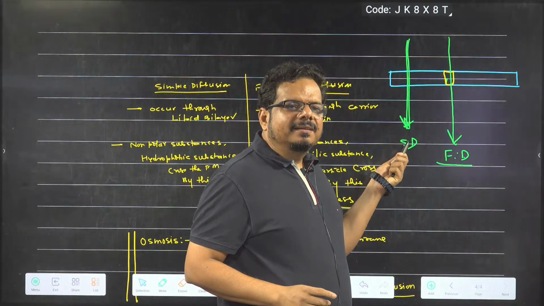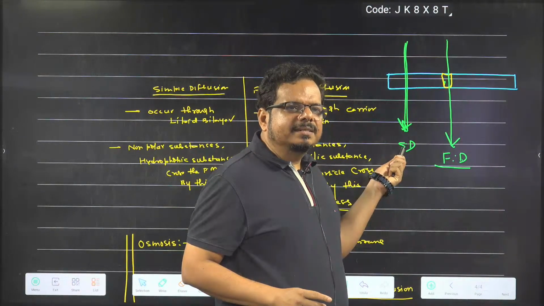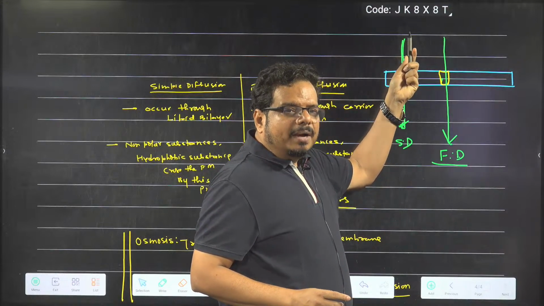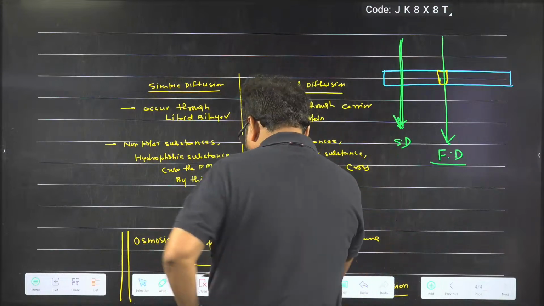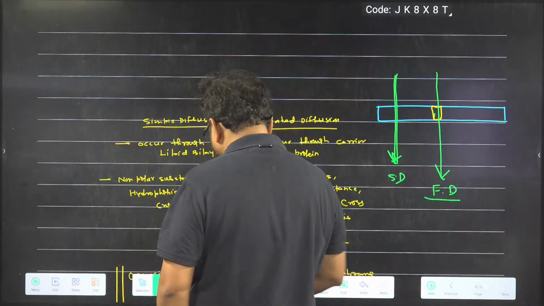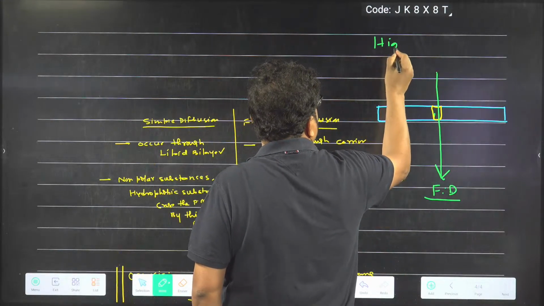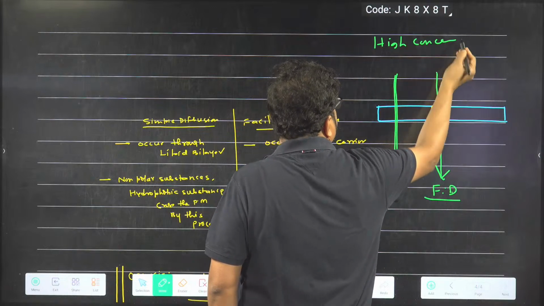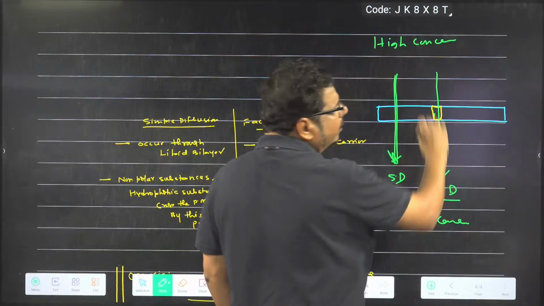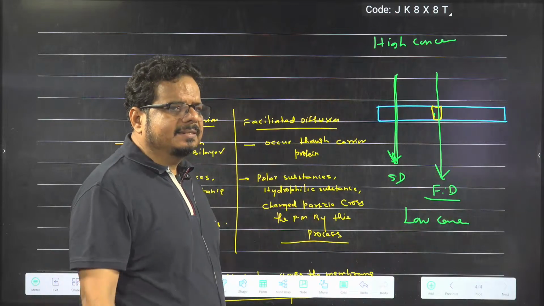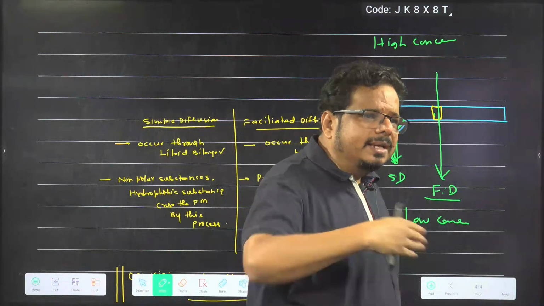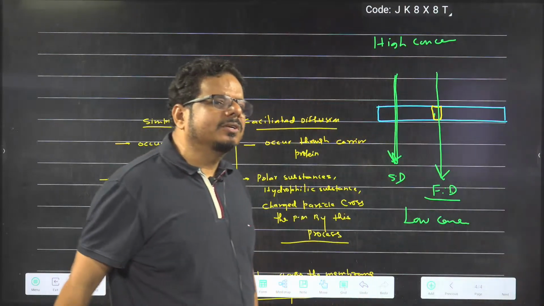Non-polar hydrophobic substances move across the membrane from high to low. From which concentration to which concentration? Both processes occur from higher concentration to lower concentration. High concentration is here, assume low concentration is there. Any kind of diffusion occurs from high to low concentration. Anything moving from more to less is called high concentration to low concentration.